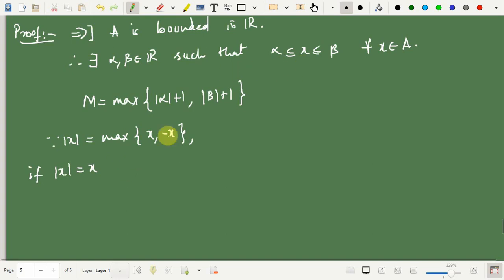We know that x is less than or equal to beta, but also we know that this beta is less than or equal to mod of beta, and we also know that this mod of beta is strictly less than mod of beta plus 1. By the way, why I have chosen this mod of beta plus 1, mod of alpha plus 1, because we want a strictly greater than 0